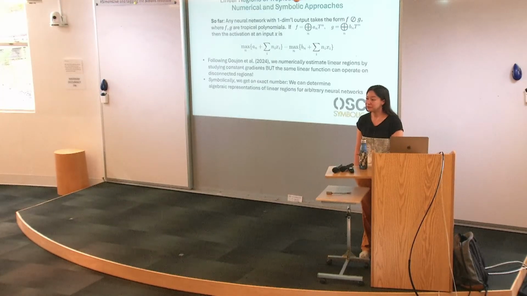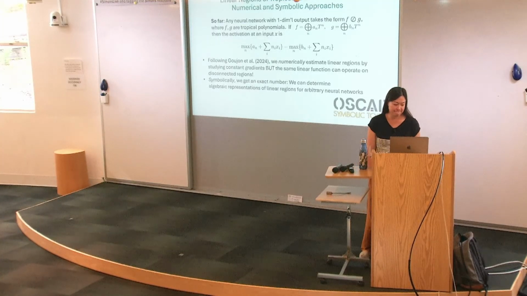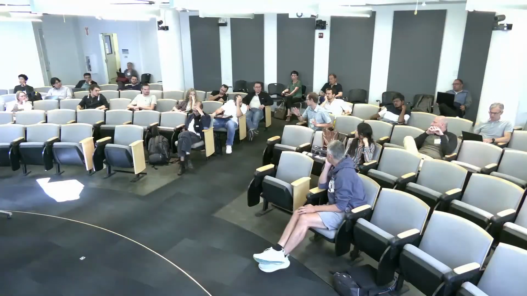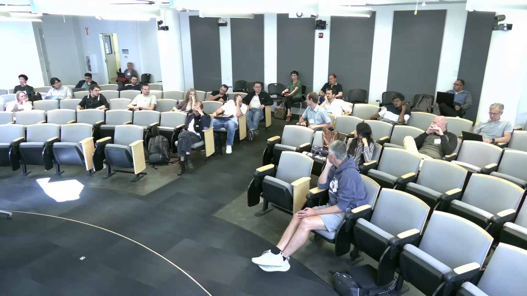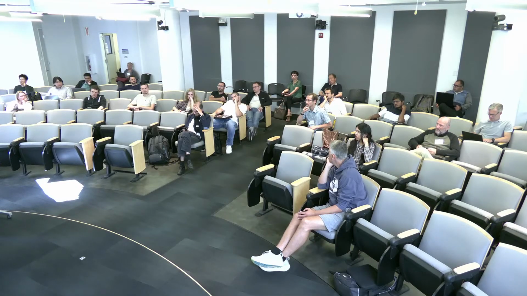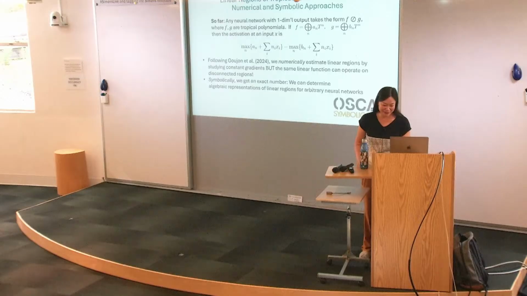Maybe first to comment on this: I recently worked on this, and counting this is hard from a complexity perspective. You can show something like sharp-P hardness results. I wanted to ask, do you have a paper where you did this exact counting with Oscar? Yes, we have code for that. It was actually accepted as an official Julia library, so you can see that.